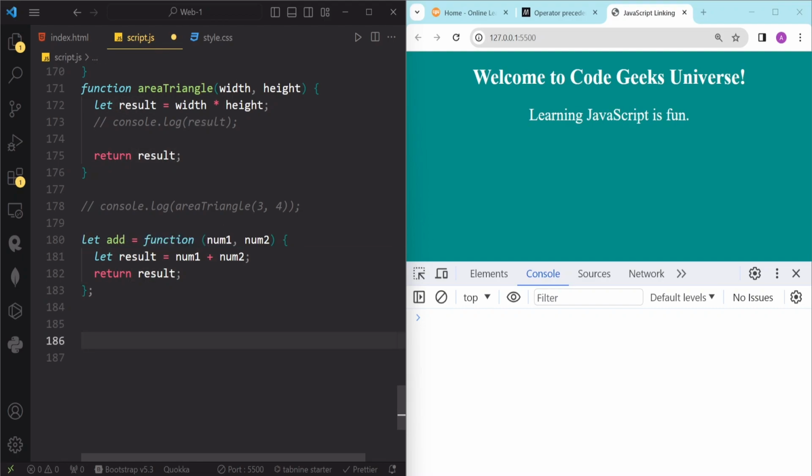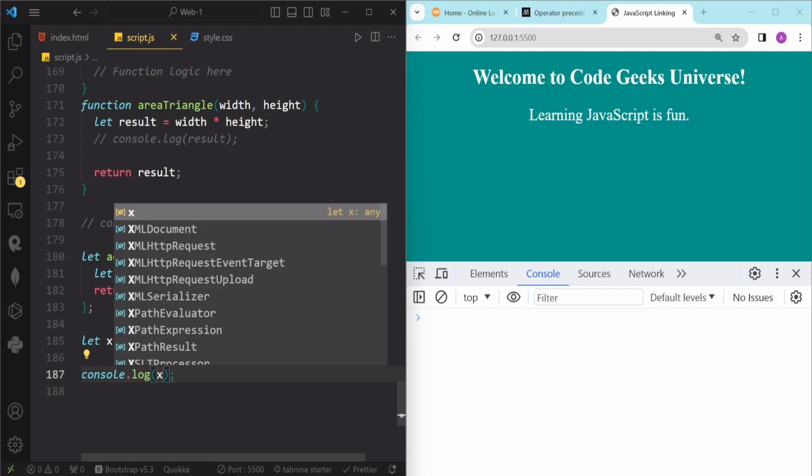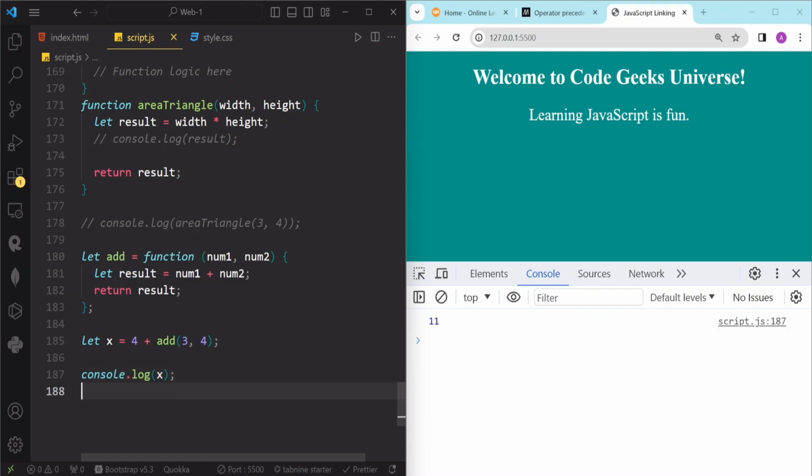if we want. Like if we want to add another value to this result variable, we can simply do it like this. Let x is equal to 4 plus add, and then in here I am just providing any values. Now after hitting save, we just need to log the value to the console. Now you can see 3 plus 4 is 7 and we are adding 4 to this, and that is why we have the result of 11 in our console. And this is how we can return a variable from a function and then we can use that anywhere in